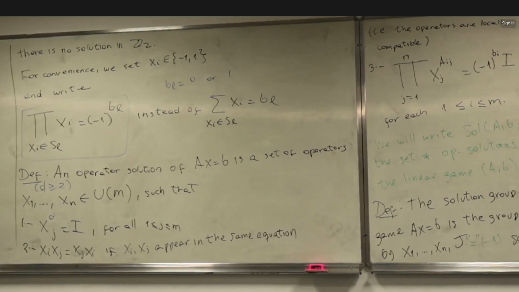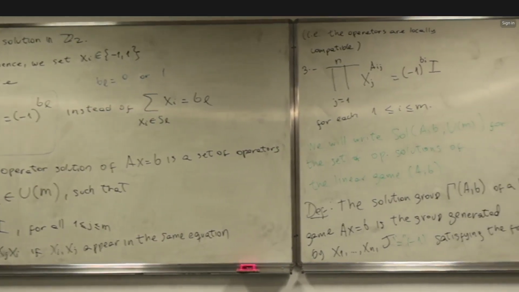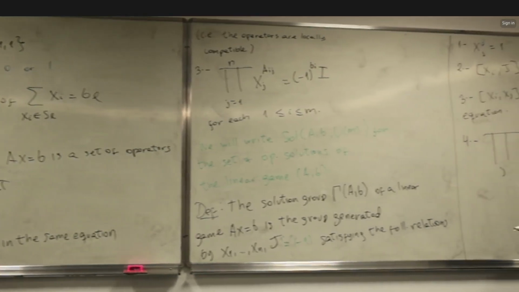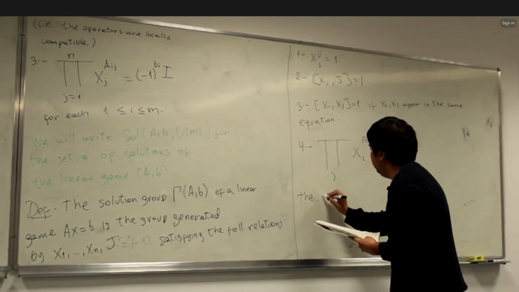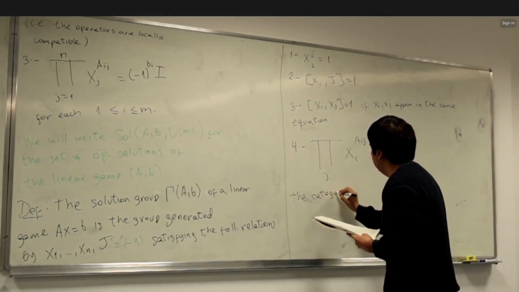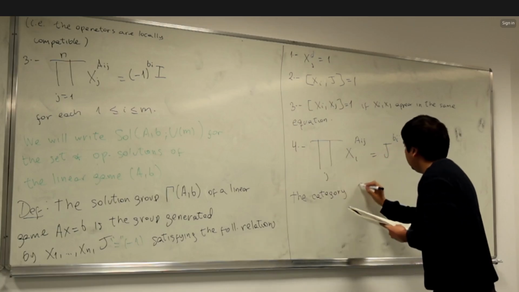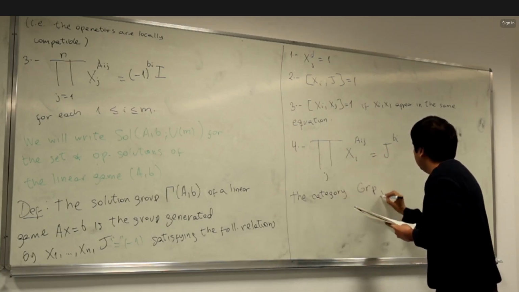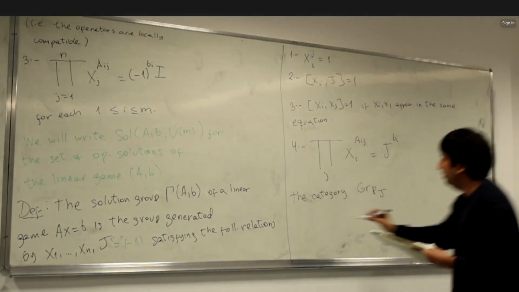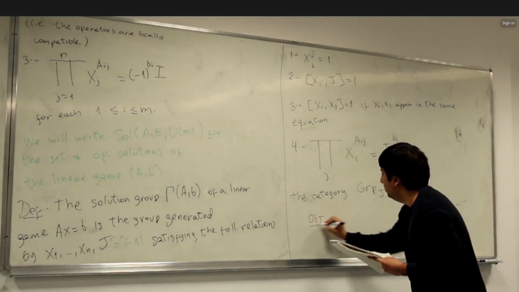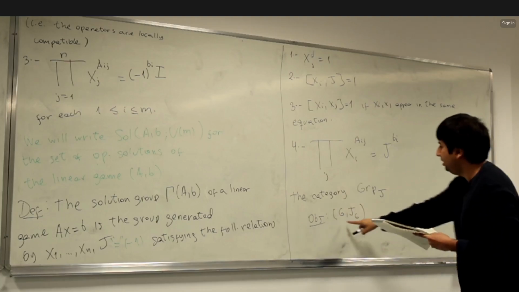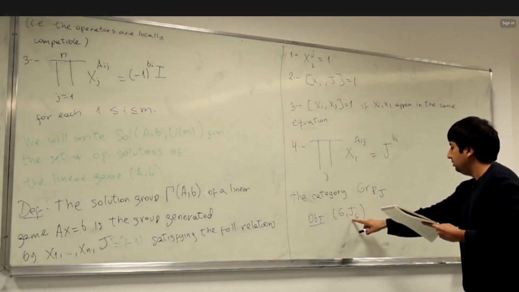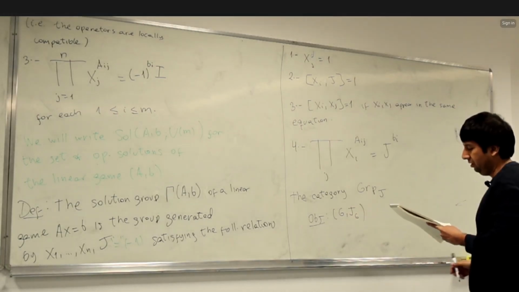Okay, just before stating a proposition, I need to mention a category. The category of groups with a distinguished element J, where the objects are pairs (G, jG), where G is a group and jG is a